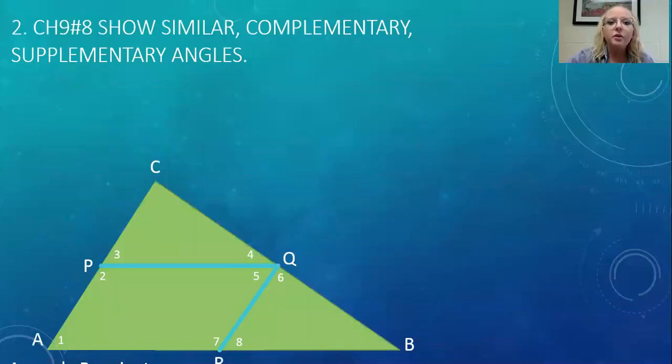Next is to show similar, complementary, and supplementary angles. So here we have our triangle, and it's a big one. We have two small triangles in there, and then look here. We're going to look closer at this. We know that we have 74 degrees for angle C and 26 degrees for angle B. Now, since this is a big triangle, and it has to add up to 180, we're going to find angle